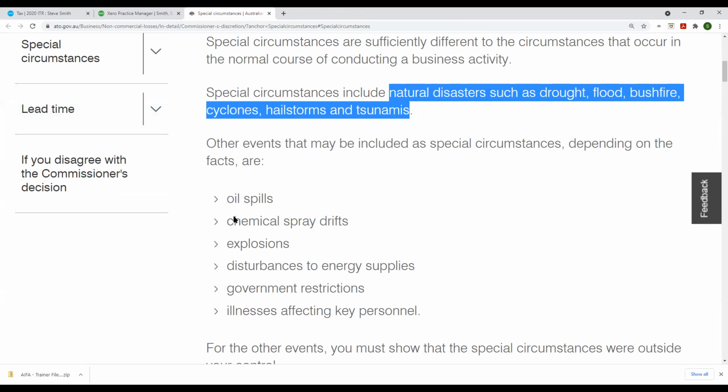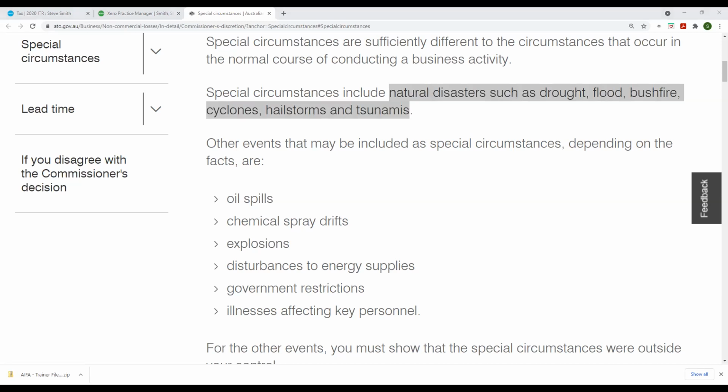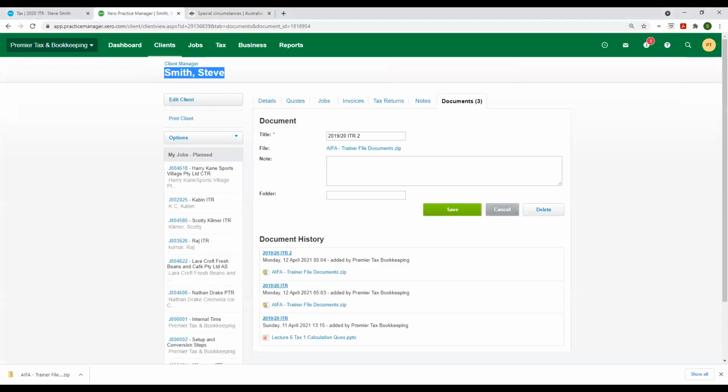So if you meet any of these special circumstances, you can go and apply to the Commissioner. The Commissioner will review and come back. Now I will go back to our